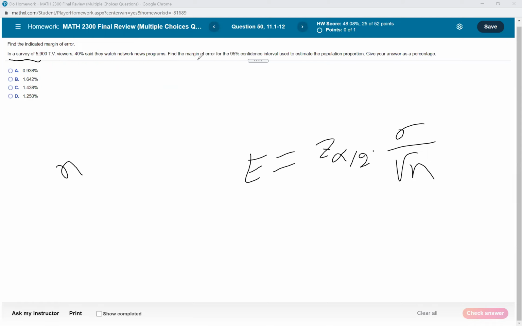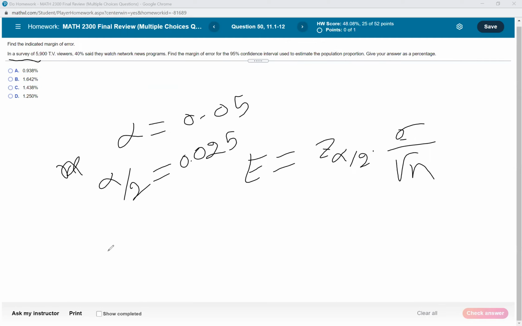Okay, so find the margin of error for a 95% confidence interval. So here alpha is 0.05, so you need to calculate alpha over 2, which is 0.025. Okay, so to estimate the population proportion, now you need to find the sigma